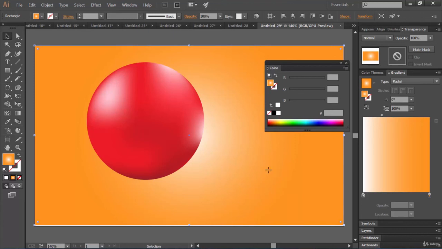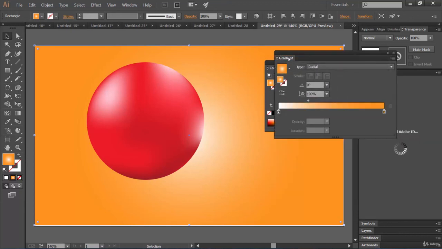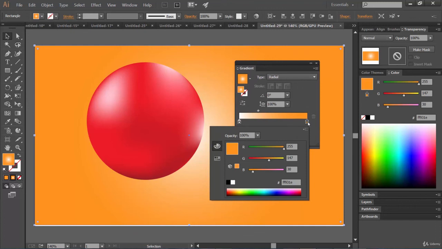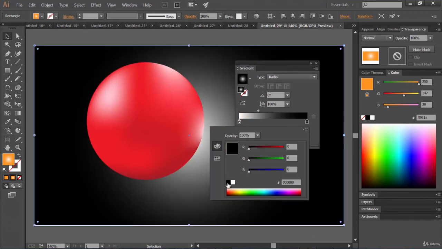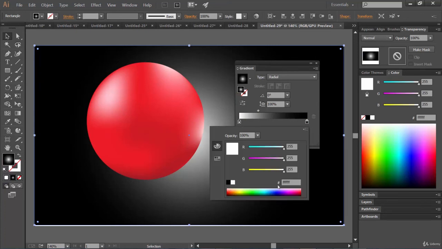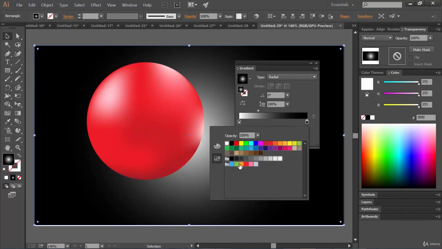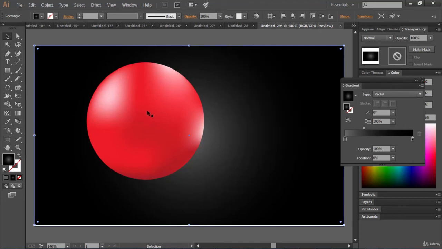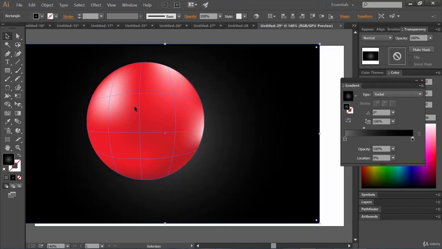And of course, using the gradient slider, we are going to change the gradient color. So this one, let's make it black. And this one, not that much black, but this. Now just take a look. How is this looking?